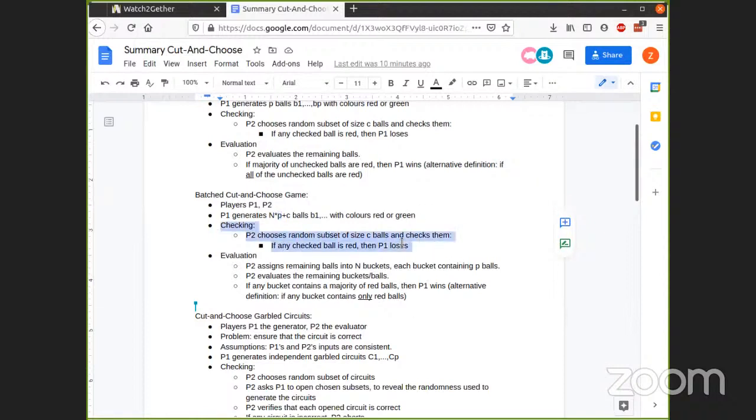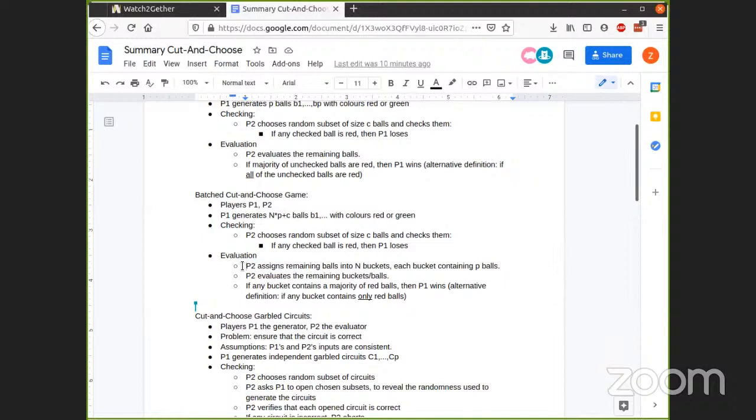And yeah, so you do player one, player two chooses c of these n times p plus c balls to check them. If any of them are red, then he knows that P1 cheated, and so aborts the protocol. Otherwise, in the batching,